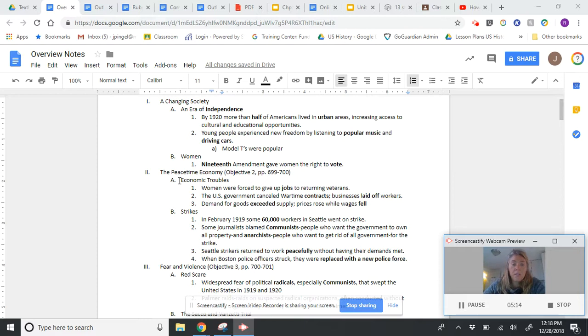The fact that there were economic troubles when people first got home, and some of the details discussing the economics were that women needed to give their jobs to returning veterans, the US canceled wartime contracts and laid people off, and people wanted more stuff than was available. So it's going to cause prices to rise and wages to fall. Okay, another thing during the peacetime economy is that there's going to be strikes,